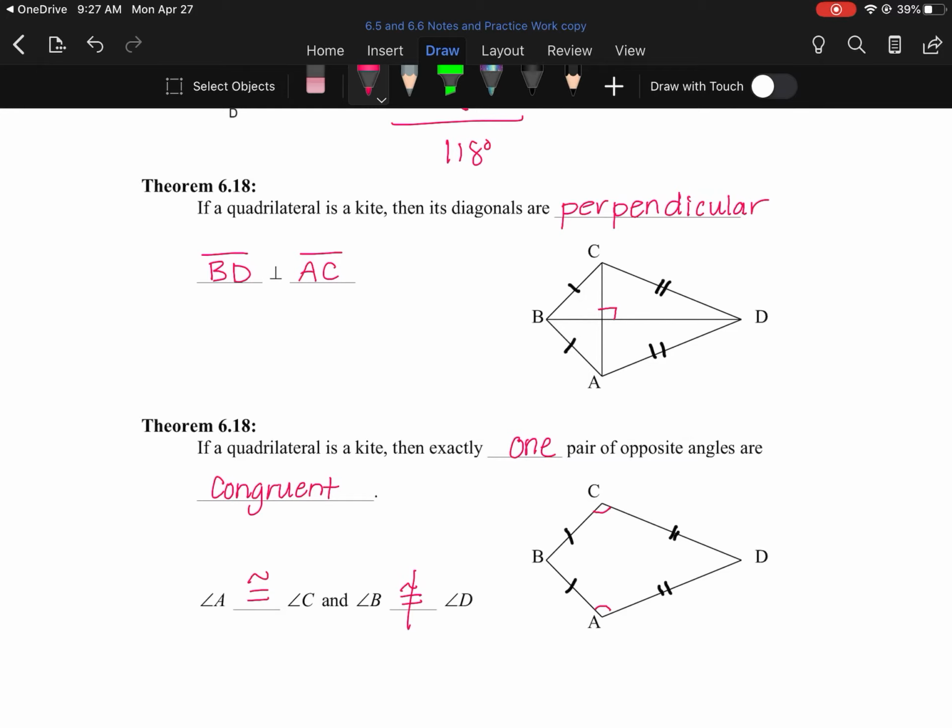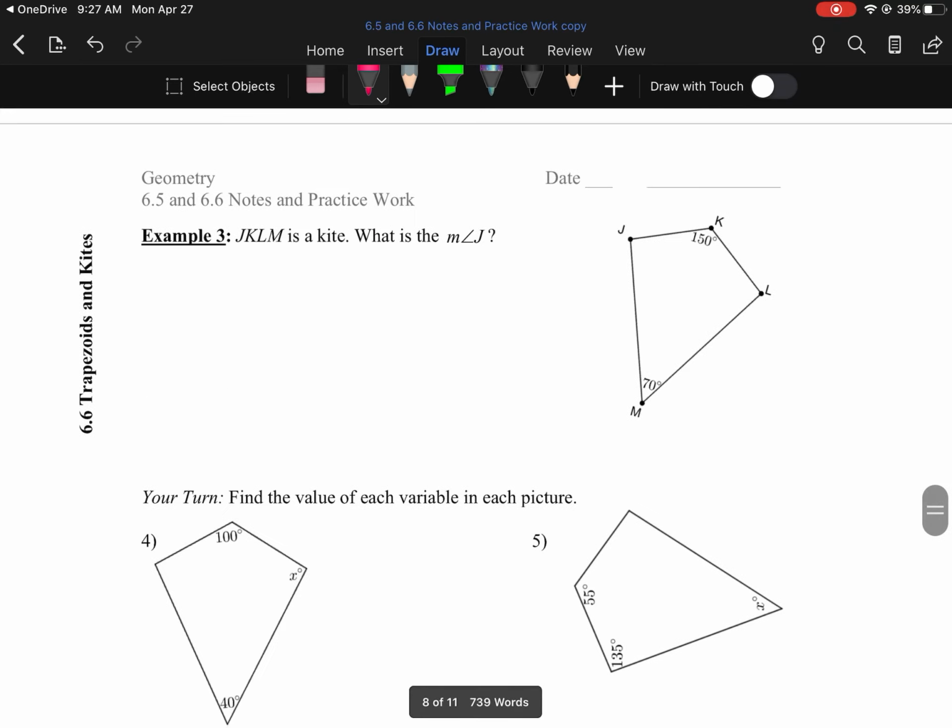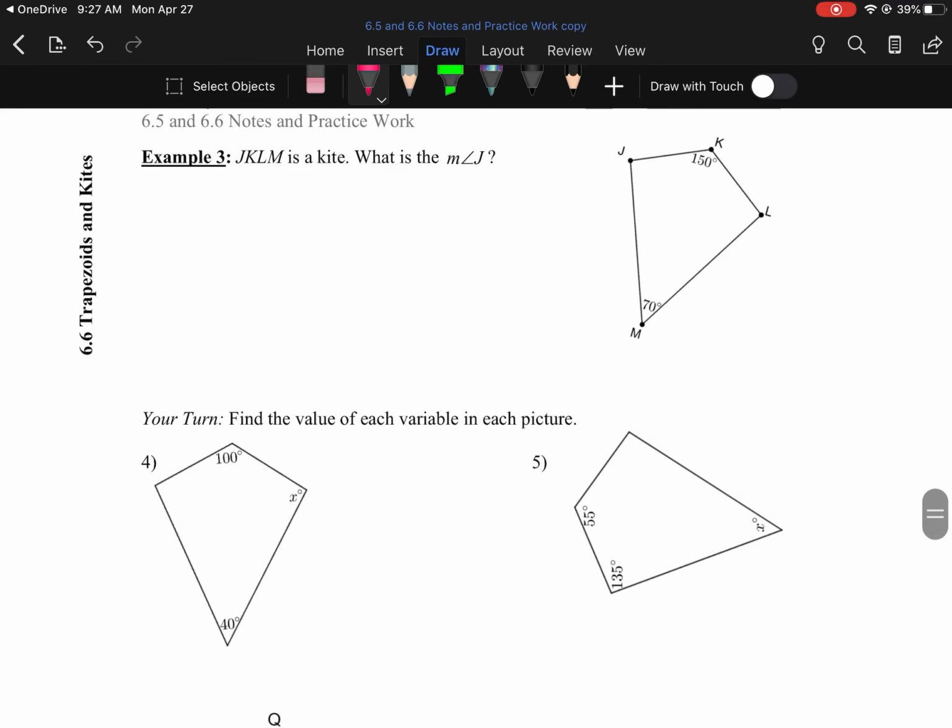All right, last couple problems to finish out chapter 6. Our third example, it says JKLM is a kite. What is the measure of angle J? All right, so again, a kite is a quadrilateral. A quadrilateral adds up to 360. So we would do the measure of angle J plus the measure of angle K plus the measure of angle L plus the measure of angle M is equal to